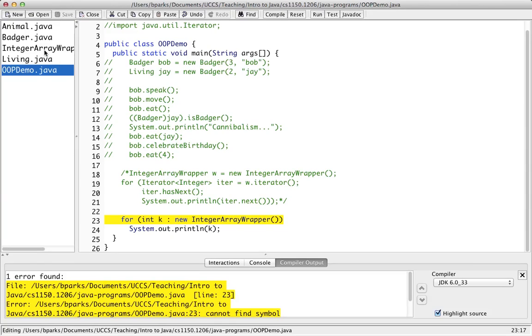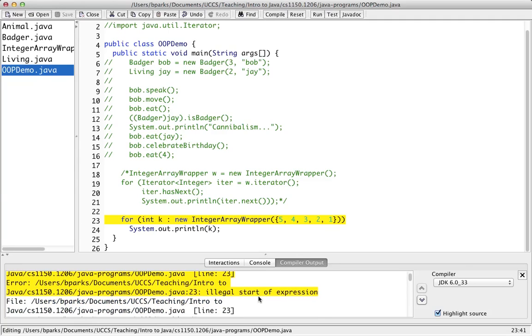And all of that did compile. What it's complaining about now is that there's no constructor to IntegerArrayWrapper that doesn't take any arguments. So let's put an array there. Let's say 5, 4, 3, 2, 1. That's an array literal. That's an array of 5 elements. Their numbers are 5, 4, 3, 2, 1. Compile that, and